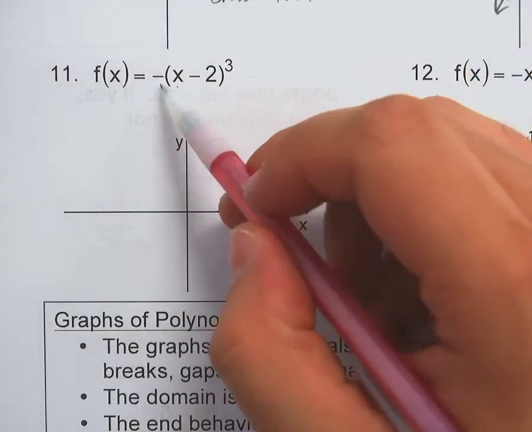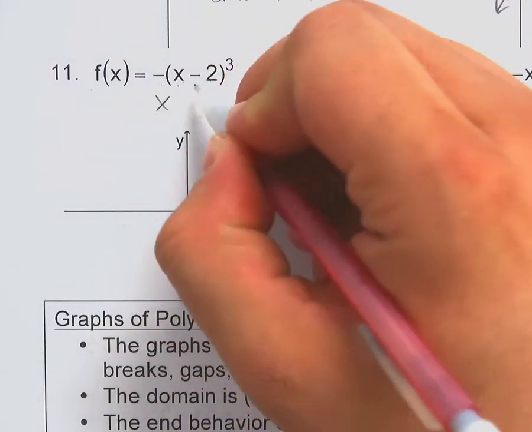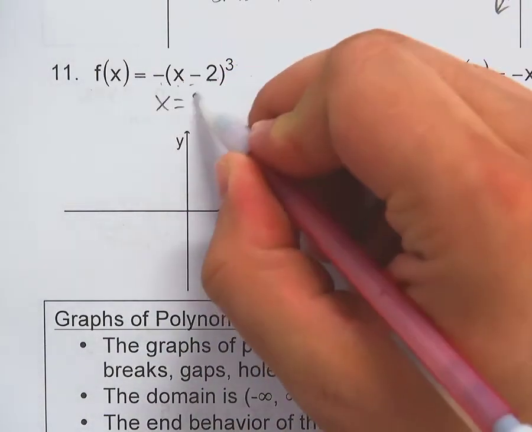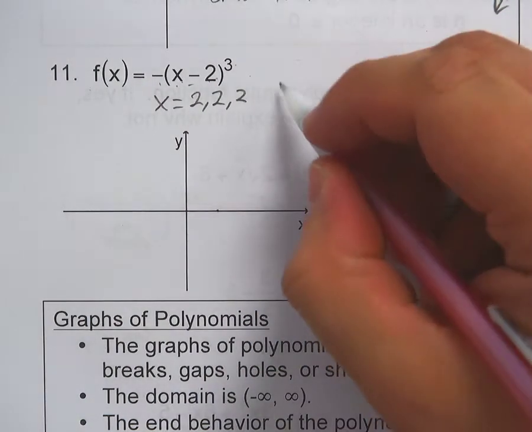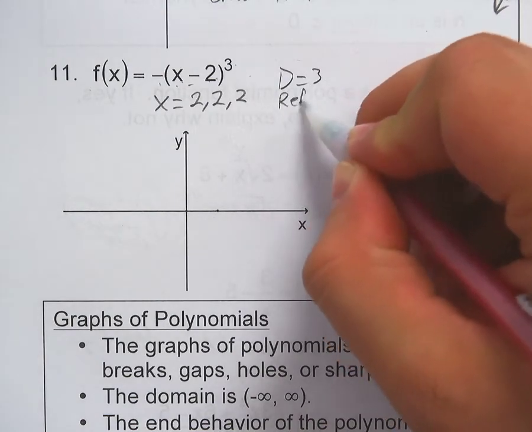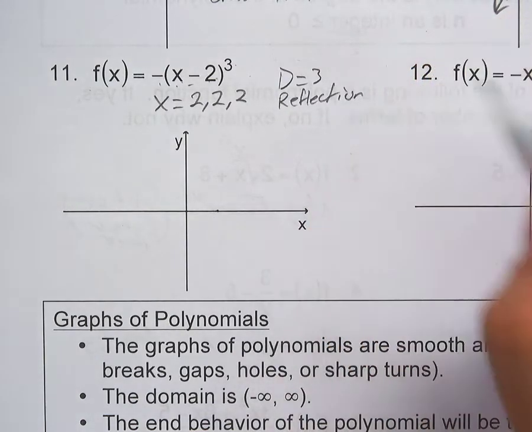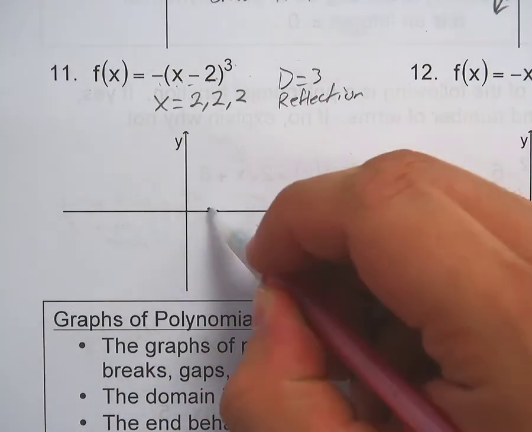All right, negative x minus 2 to the third. Now that means that there's 3 of them here. If you set that to 0, it would be 2. And there's 3 of them there. So I've got a degree of 3 first off. And I know I'm dealing with a reflection because of that negative x. So here's what this is going to look like. I'm going to be opening down. And over here at 2,